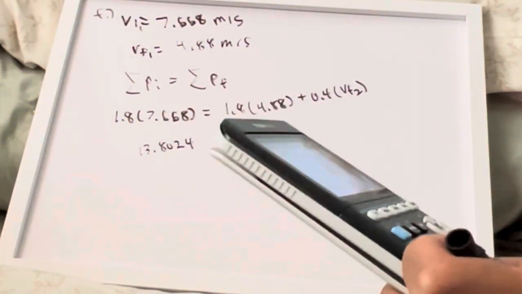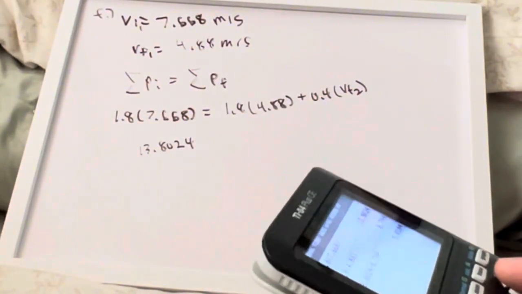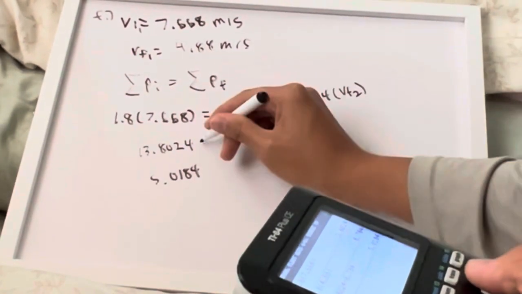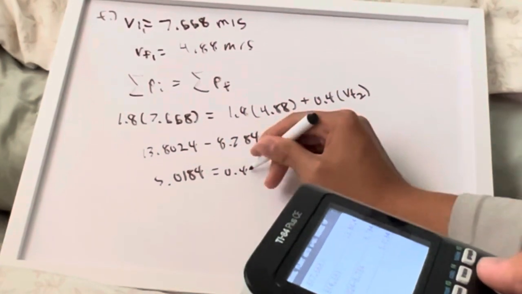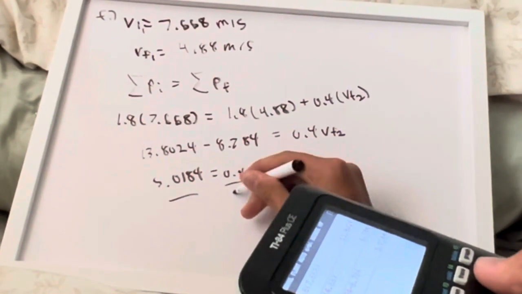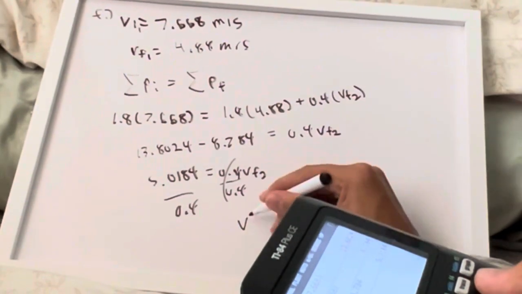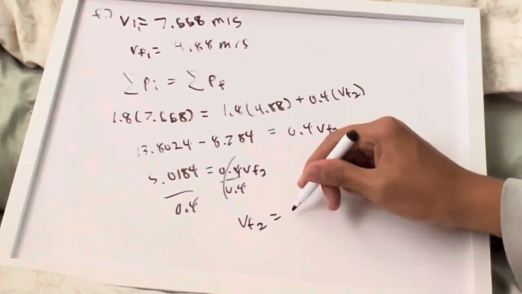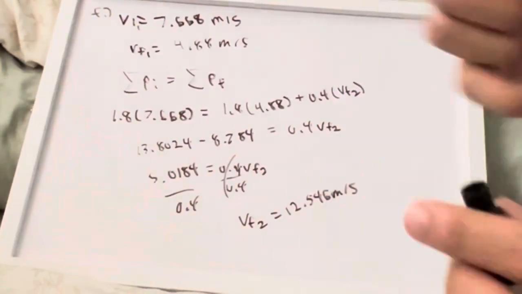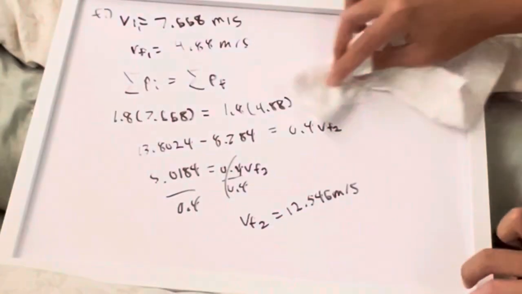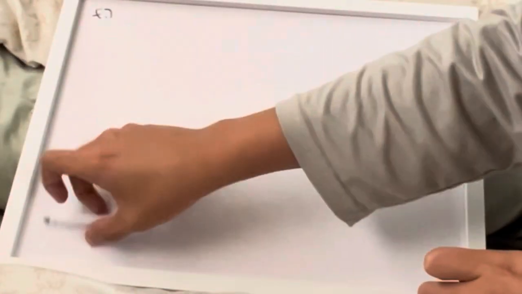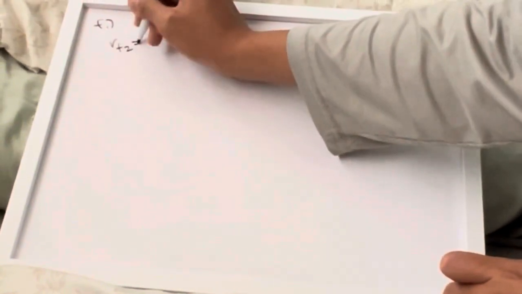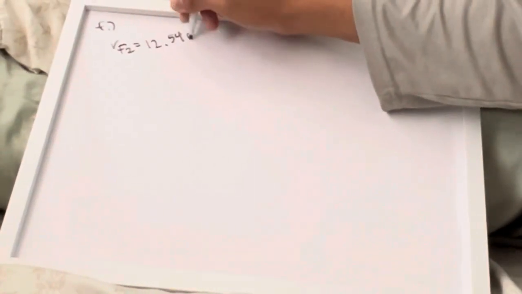And it's going to equal 13.8024, right? And I'm going to subtract 1.8 times 4.88 from that. That gets me 5.0184 because I subtracted this, right? 0.784, and that's going to equal 0.4 VF2, right? And I divide both sides by 0.4. And I get my VF2 to be equal to that divided by 0.4, which is 12.546 meters per second. Now with my VF2, I can continue this problem. Let me just clear up this one. VF2 is equal to 12.546 meters per second. Okay, so this VF2 is going to be the initial speed of the block, right, before